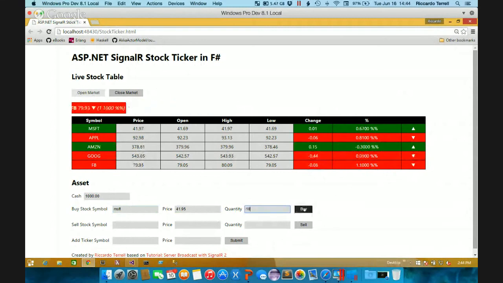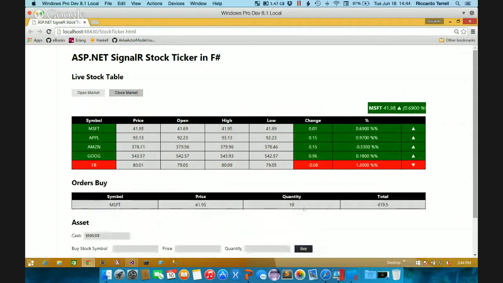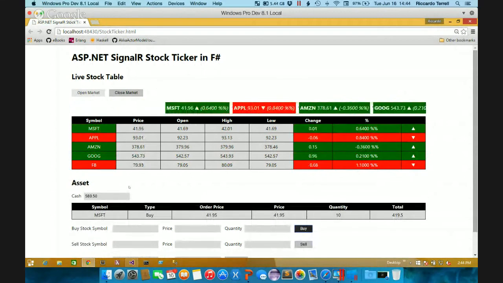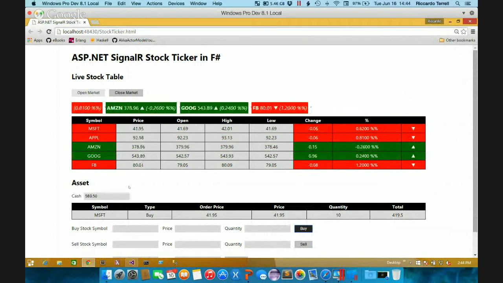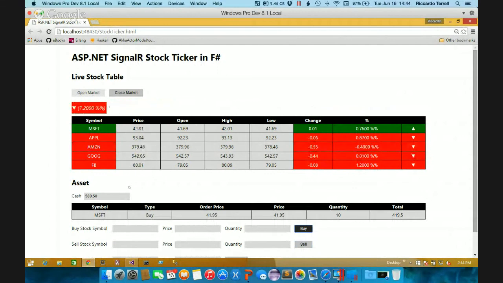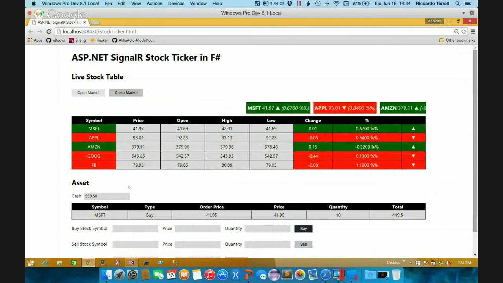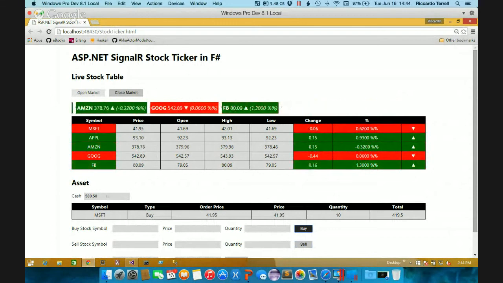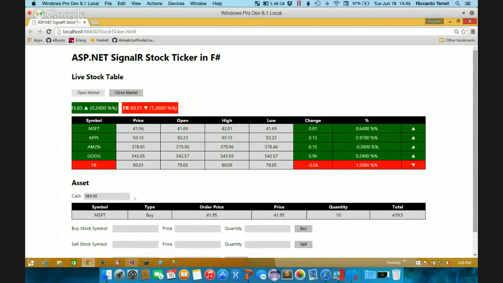So when I click buy, the order goes through. It is an order to buy, and then when the order reaches the level, it's submitted. So you can see that was fairly quick, but for a little bit it was in the state of buy order, right? Now the order went through, and my agent submitted my order and notified through SignalR and updated my asset, right? So you can see my cash now is $580 because I bought 10 stock of Microsoft, and